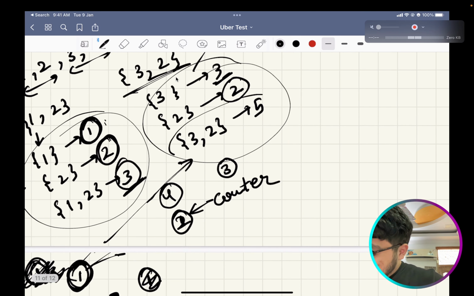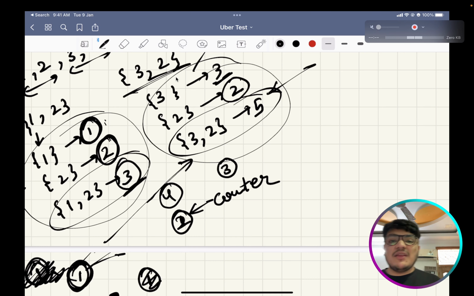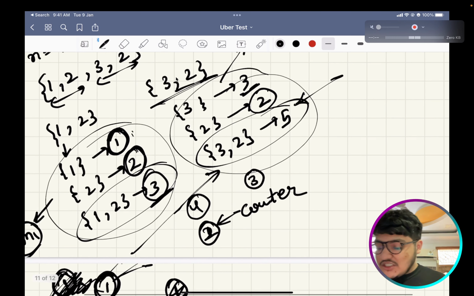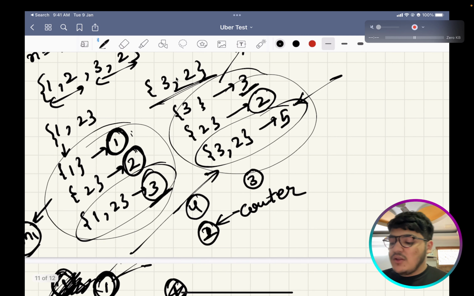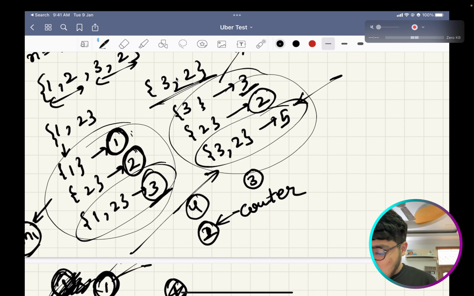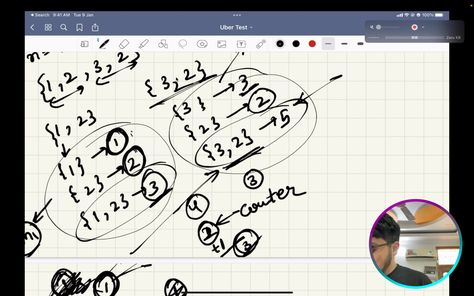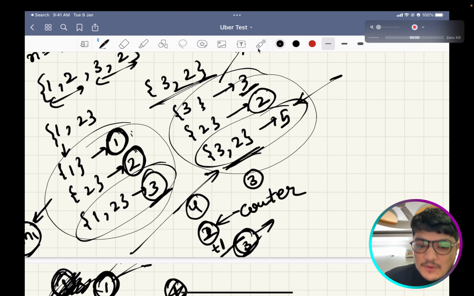Now we would also check if our x value is already present in a particular set. What does it mean? From one of the partitions alone you get your x value. This is also possible, right, because this is happening over here. So you would increment your counter in that case also, so 3 would be returned as the answer to this particular test case.